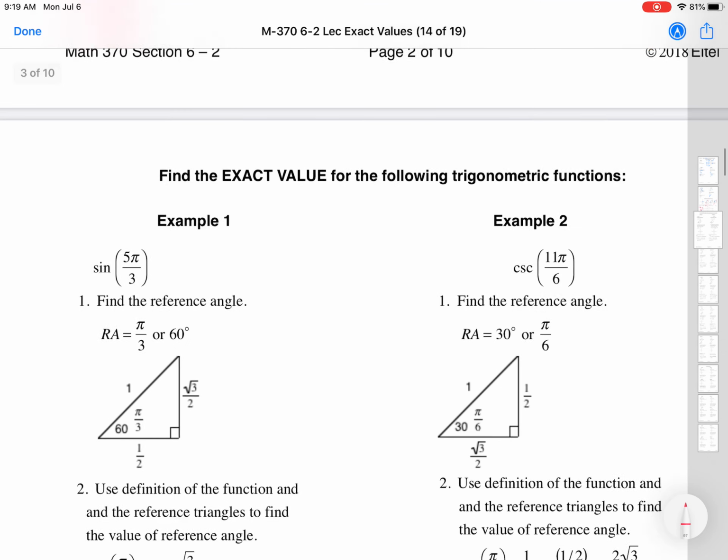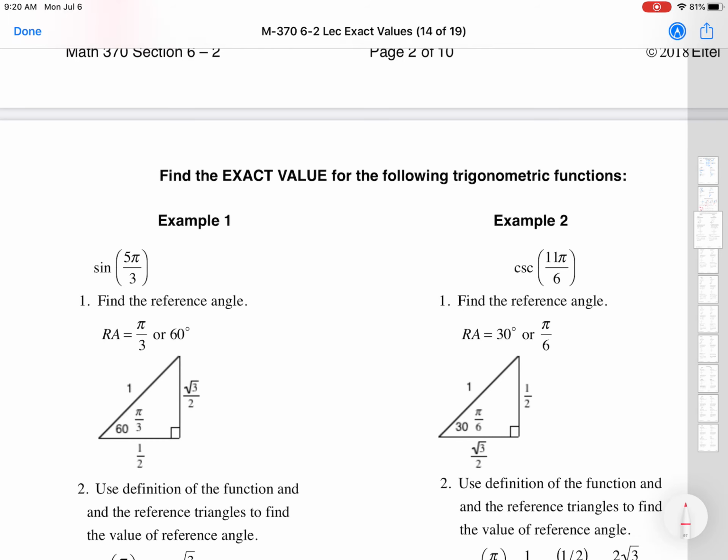So let's take a look at this one right here. Sine of 5 pi over 3. He's trying to step you into a way to handle this. What I'd like to recommend is, well, actually, I'll just go with his. So if you're having sine of 5 pi over 3, Professor Eitel's recommendation, and again, if you have a different way of doing it from your previous class, please do so. His recommendation is to say, okay,